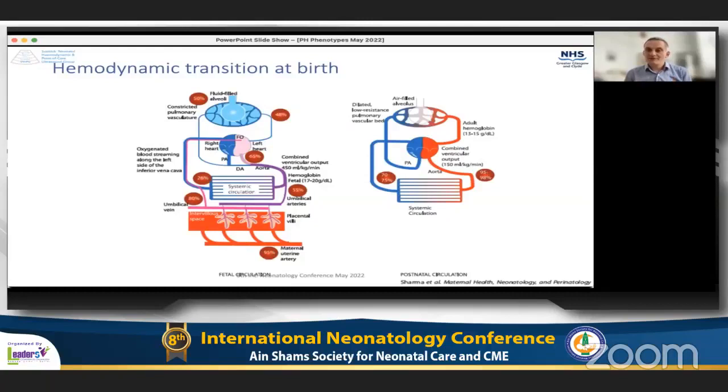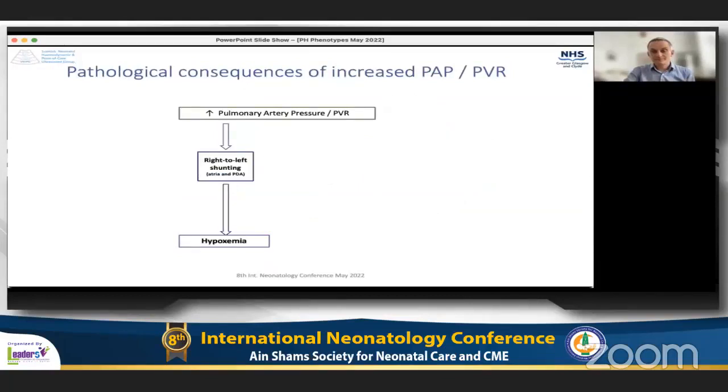But it's disruption of that normal process, both at the level of the pulmonary vasculature, but also at the level of the heart, which contributes to the clinical picture of PPHN that we can see. All babies are born with elevated pulmonary artery pressure. It takes some time for it to come down, but not all babies have that clinical picture of PPHN. The ones who have that pathophysiological picture are the ones in which there's persistence of pulmonary artery pressure, giving rise to downstream